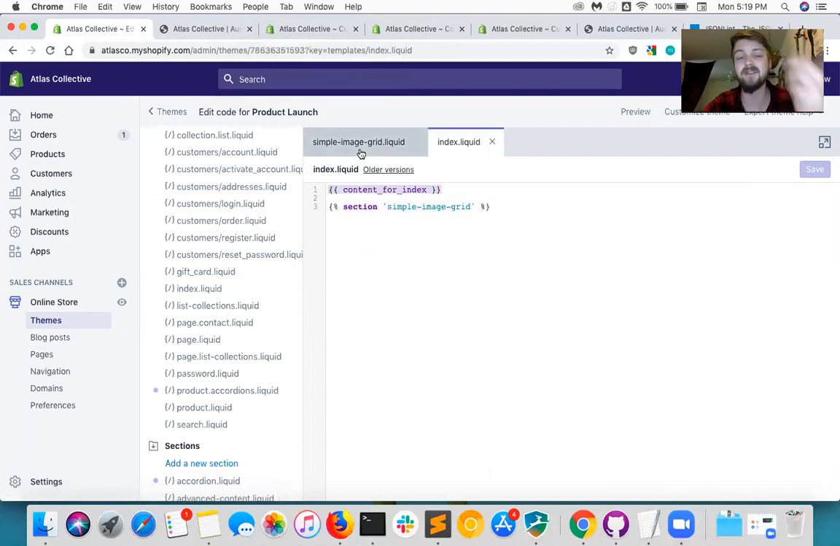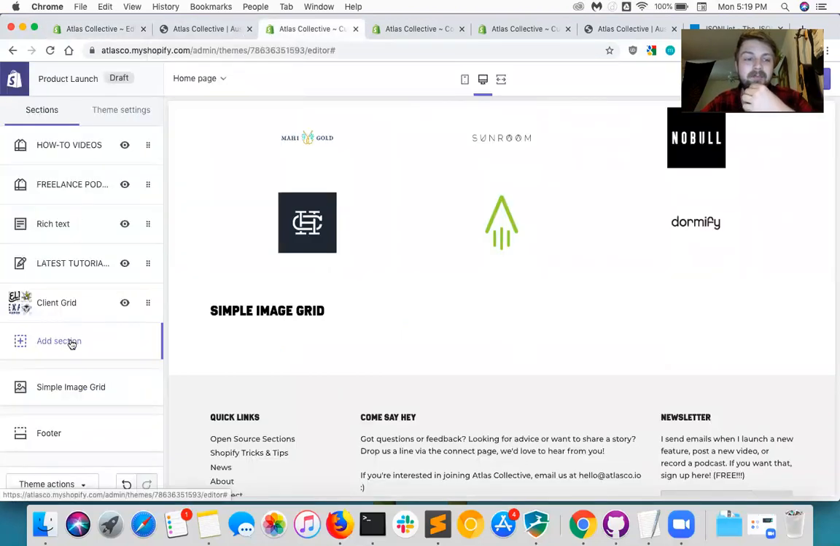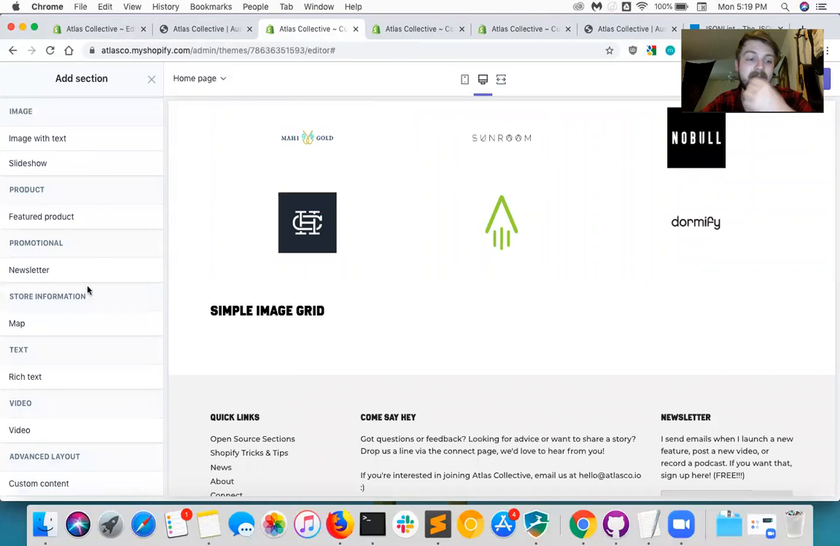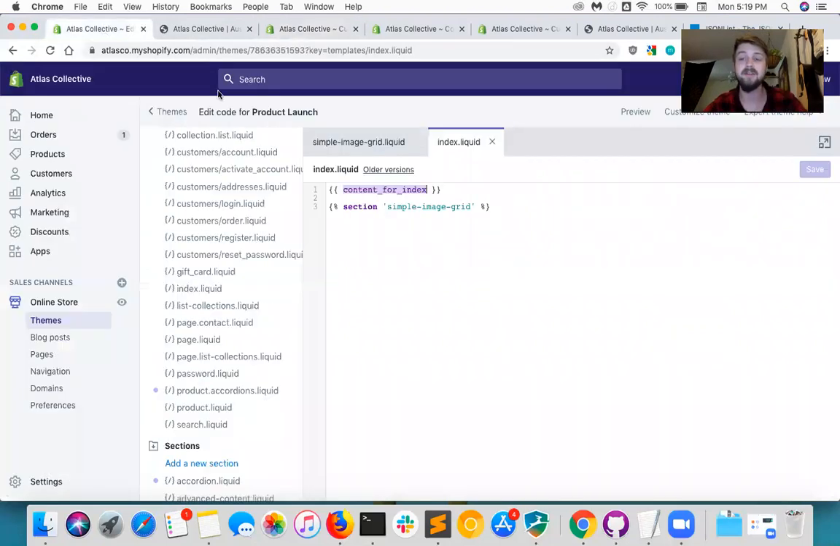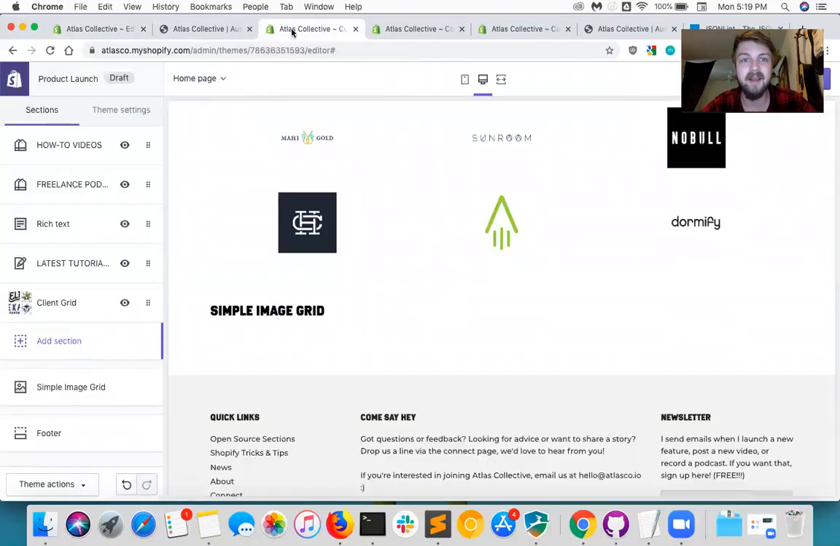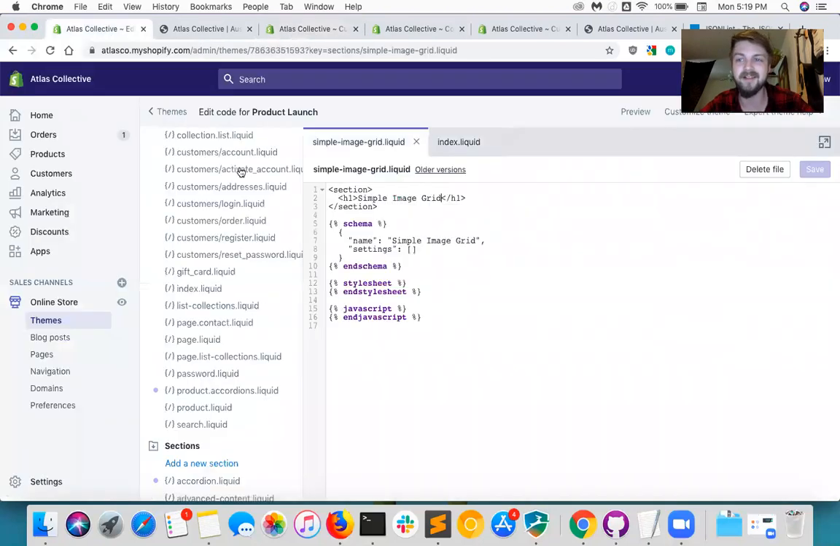Those other sections are output in that content for index. So we can't add it like this, and we can't use multiple of it. So it'll be locked into static data if we do it this way. So what we're going to go ahead and do is make it a dynamic section. And all that requires is adding a preset